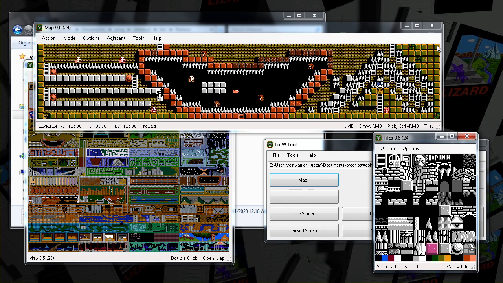So it's this grid of 64 by 12 tiles. Some of them are special, like the first tile is always a ladder. Wherever you place that, it's a climbable ladder. They don't have to look the same, but they have to be in this position.